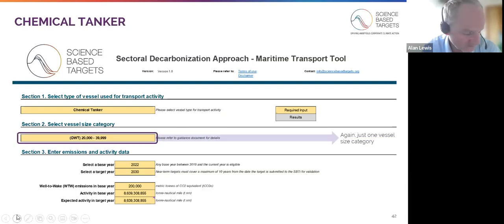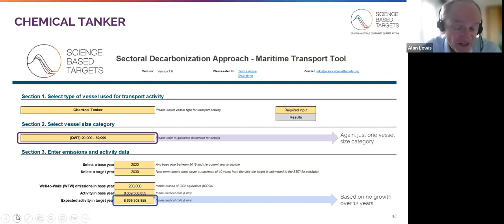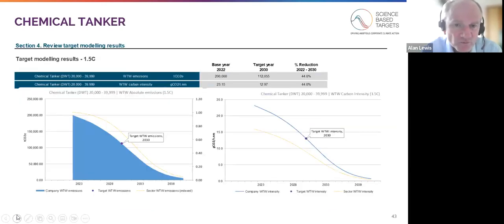So again, the input process would be very much the same, picking out one size category, entering the total well-to-wheel or well-to-wake emissions in the base year, the anticipated activity. In this particular scenario, we've set it so that the company expects no growth for this particular vessel category size over the 12-year period. And if we can look forward to, in fact, that's an 8-year period, so there's a mistake there, but never mind, sorry. And if you then click onto the next slide, what that would be implying is